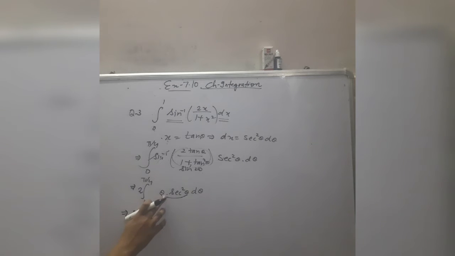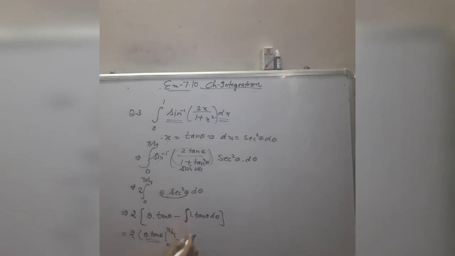According to integration by parts, the first function remains as it is. Integration of the second function: integration of secant square is tangent theta, minus integration of the derivative of theta with respect to theta, which is 1, times the integration of secant square, which is tangent theta, and then again integration of this. Clear? So here 2 into theta into tan theta, in this you will put the upper limit and lower limit, minus